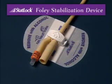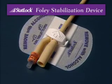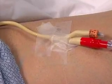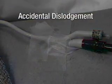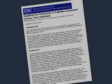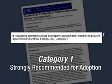Introducing the STATLOCK Foley Stabilization Device, designed for the stabilization of indwelling urinary catheters. Traditional habit-based methods of Foley catheter securement have limitations that may lead to accidental dislodgement, urethral irritation, pain, urethral trauma, and inflammation. In fact, CDC guidelines state indwelling catheters should be properly secured after insertion to prevent movement and urethral